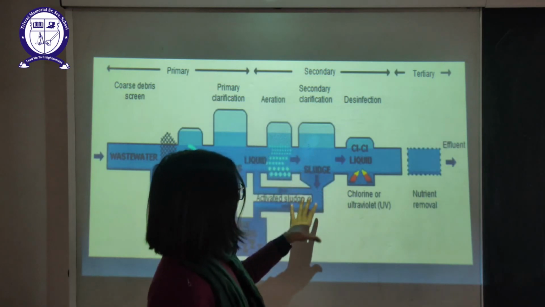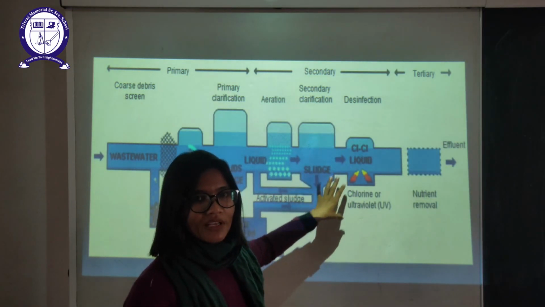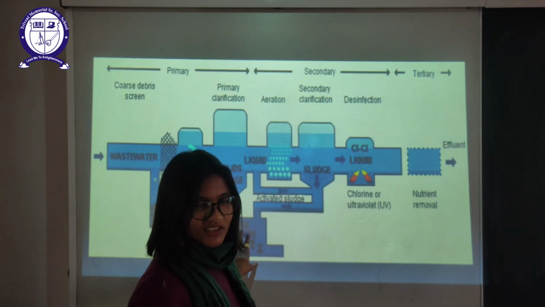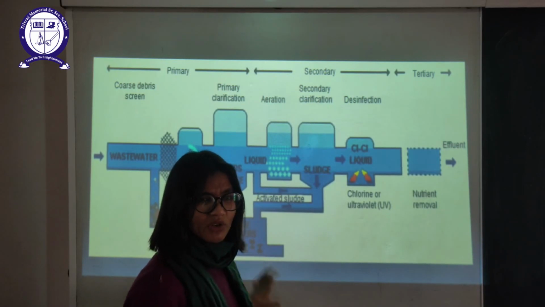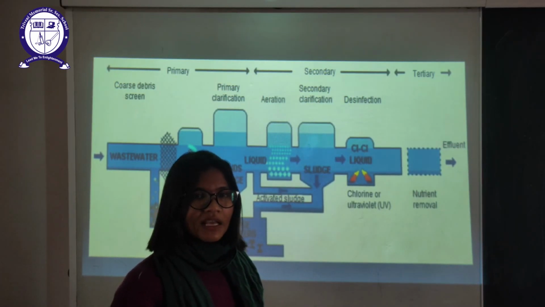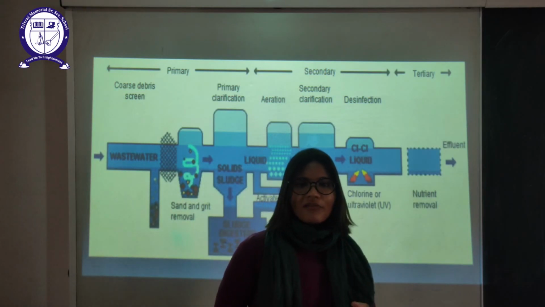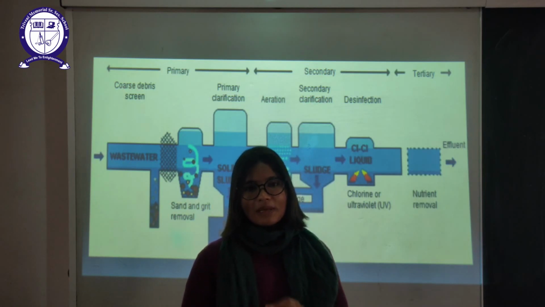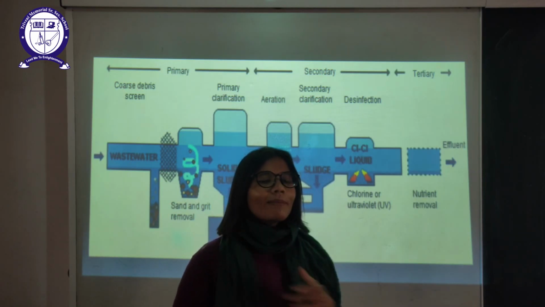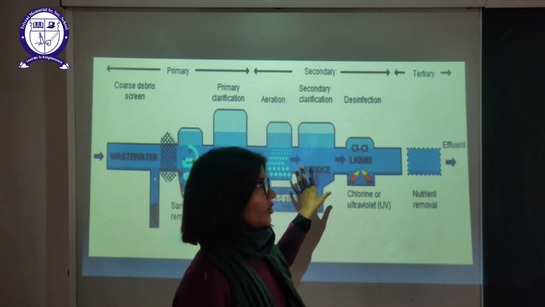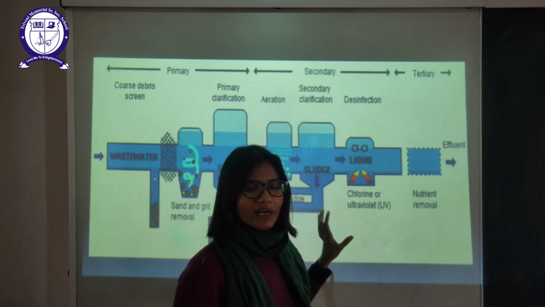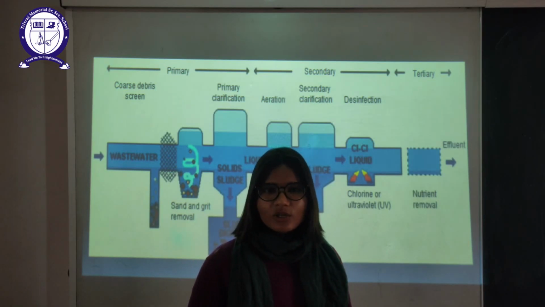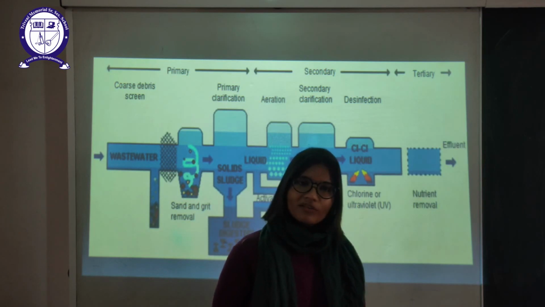So in the second tank also the sludge will form. Sludge from both the primary tank and secondary tank will be collected in the same digester and used for the formation of fertilizers and biogas also. After secondary treatment, the water will look and smell like purified water, but still some impurities are there, and the bacteria which we incorporated in the secondary treatment, we should remove those bacteria also, because we cannot consume the water with the bacteria.